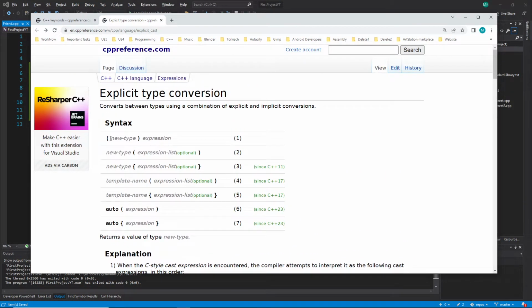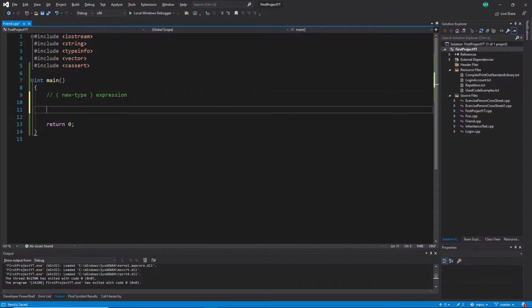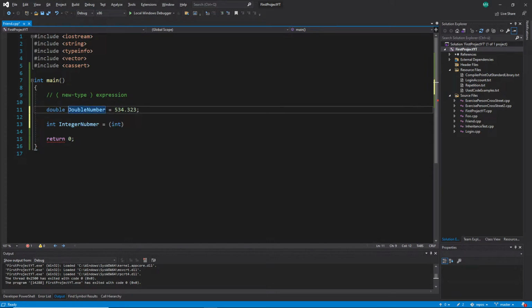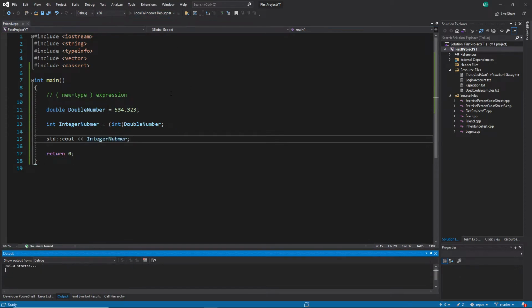All right, so before we go into the explanations, let's make an example with this C-style cast. Let's copy this one. Let's write here our syntax and make a fast example. I write here double number. And now I want to cast this to an integer, for example, integer number. And you can see again, new type is our target type, int, and then we write the expression. Expression is all the time something that has a type and a value, like a variable, for example, and we write it here, and that's it. So you can see that's all we need for a C-style cast, and of course we can print this out, like all the time, cout and integer number,